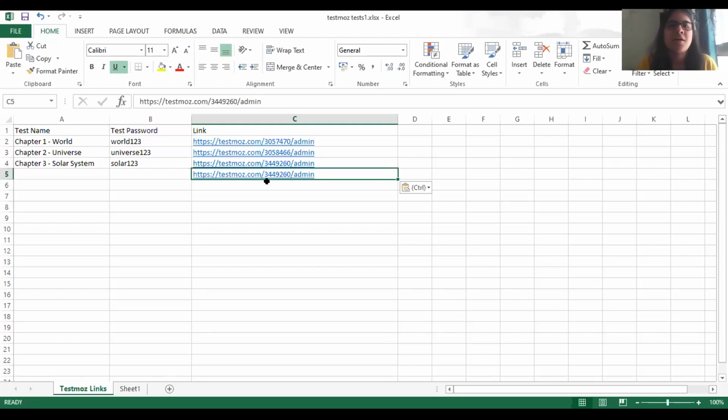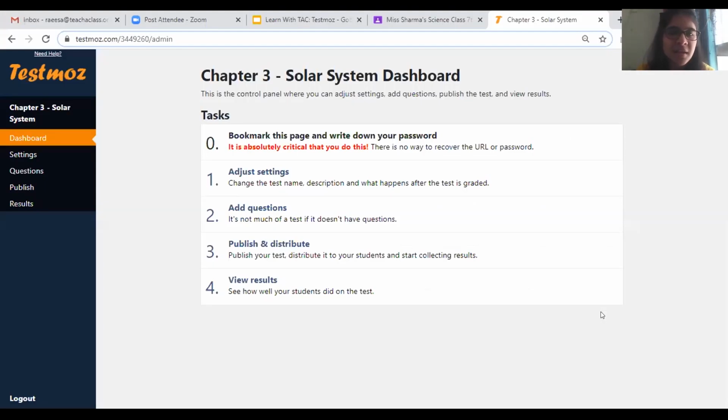Great. All right. Thank you for sharing that, Raisa. Raisa, also one of the teachers asked if it is possible for them to create questions in different languages. So if they are a Hindi teacher or a Telugu teacher, is it possible to create questions for that in TestMoz? Okay, that's a really great question. I have not tested out that feature and I'm unsure of its availability right now in the free version, but I'll definitely check it out and we can post an FAQ later on our social media handle or reach out to them personally. Thank you so much for that question.